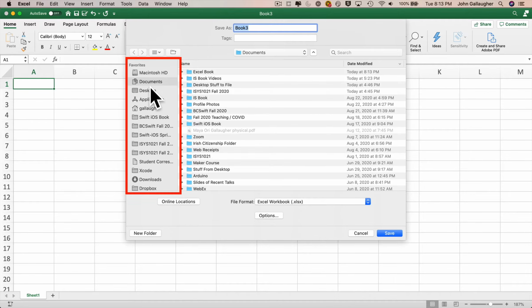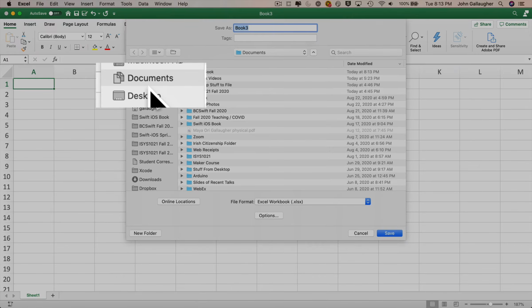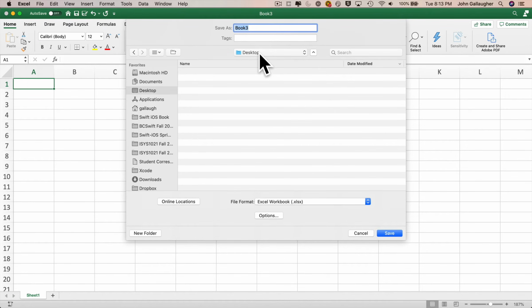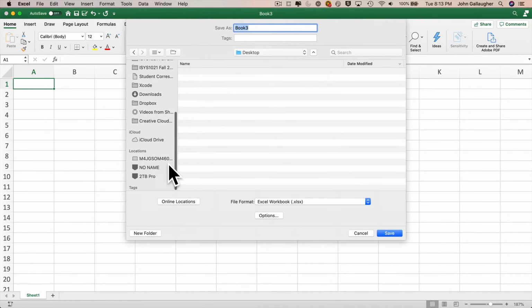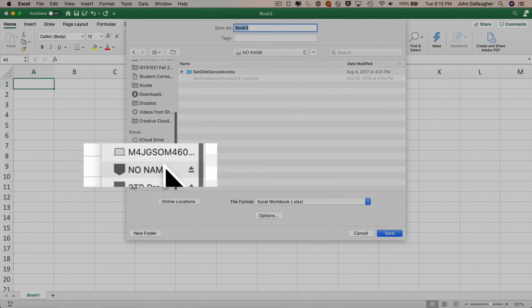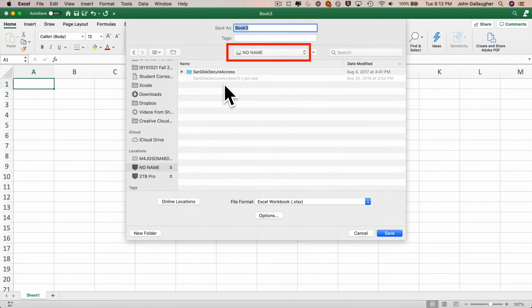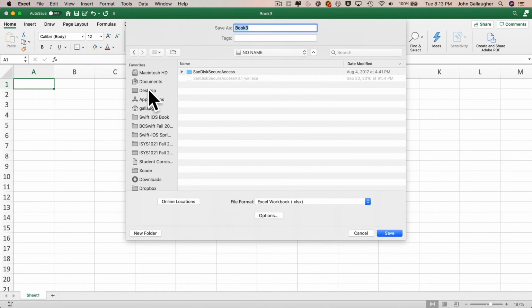Now, the left-hand side of your save dialog likely looks a little bit different from mine, but you should see some familiar save locations, including the Documents folder and the desktop. Also, if you insert a thumb drive, a USB drive, that should show up toward the bottom. I have a USB thumb drive in here. It's named No Name. If I click on that, you can see the pull-down menu under the file name now says No Name to indicate that that's where I would be saving this file. Actually, I don't want to save it there, though. I want to save it to the desktop, so I'm going to scroll up to Desktop and click on that